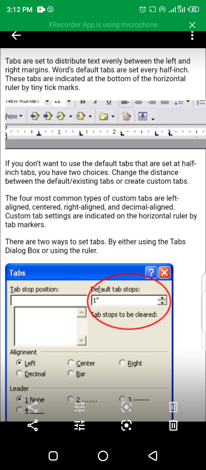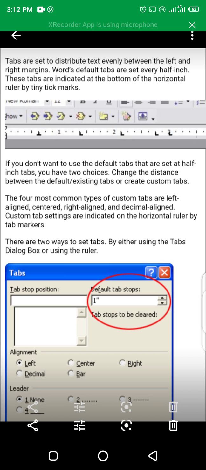If you don't want to use the default tabs that are set at half-inch, you have two choices: change the distance between the default existing tabs, or create custom tabs. The four most common types of custom tabs are left aligned, center aligned, right aligned, and decimal aligned. Custom tab settings are indicated on the horizontal ruler by tab markers. There are two ways to set tabs: by either using the Tabs dialog box or using the ruler.